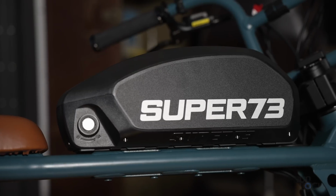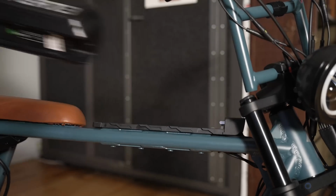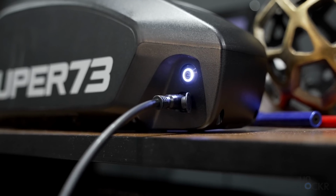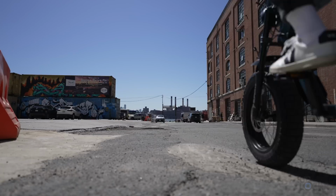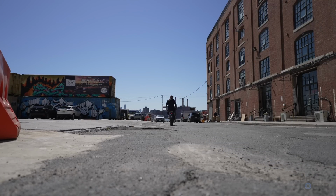We have our gas tank-looking 960 watt-hour battery that can be removed with a key to be charged separately, which again is always a handy feature. Super 73 claims a 75-mile plus range with eco pedal assist, but obviously a lot less if you're using the throttle more. And well, you'll probably be using the throttle a lot because you can't help but get the feeling